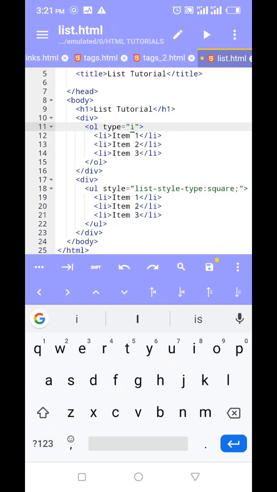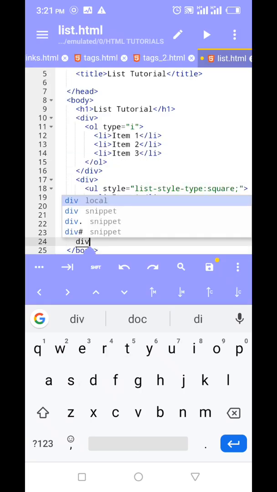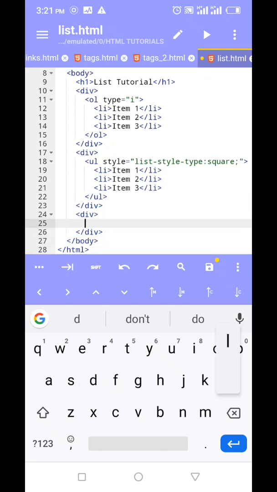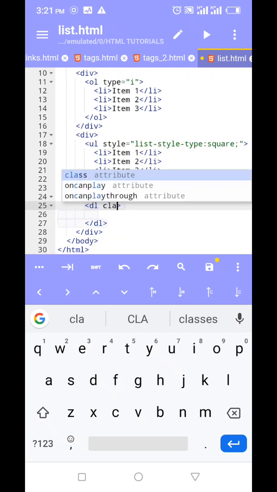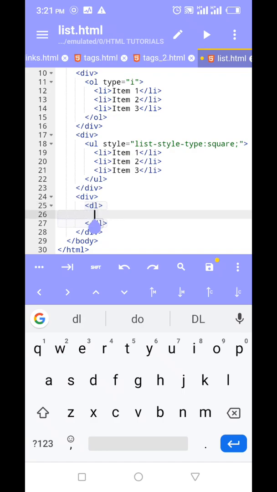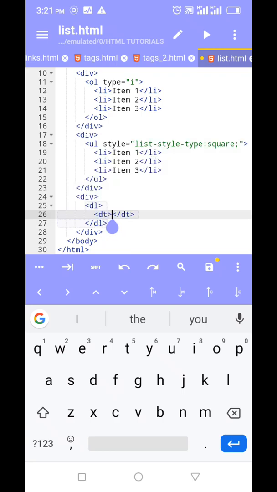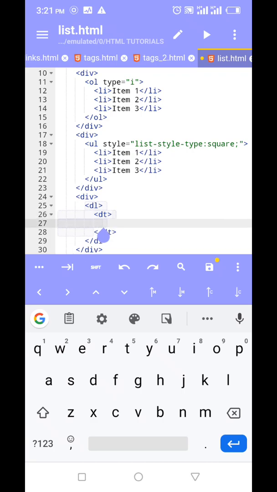Now, we have another type of list which we call the description list. Let me look at that briefly before I leave this. For the description list, you use DL: D for description and L for list. Then, when you're describing items, you have the item you want and then the description. So the item uses DT, description term. And then you use DD